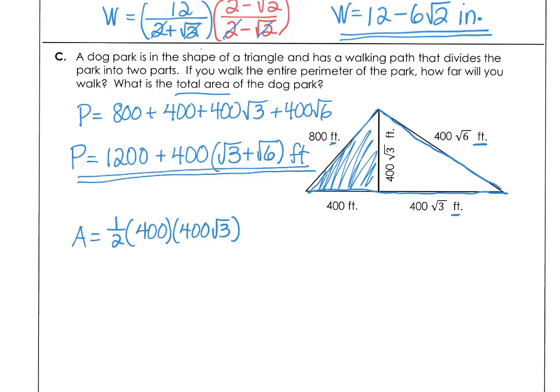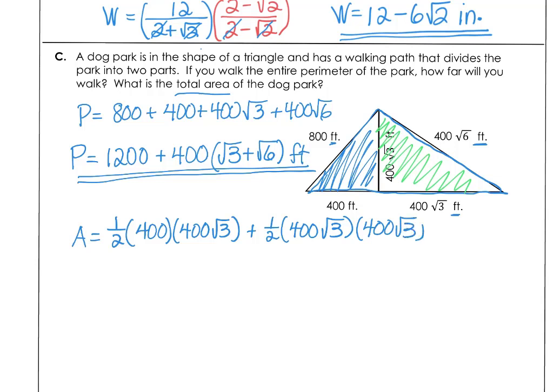And then the other triangle, we want this area. Using the same formula, that would be half of the base. So 400 radical 3 times the height, same thing, 400 radical 3. So half of 400 is 200 times 400 times the square root of 3,